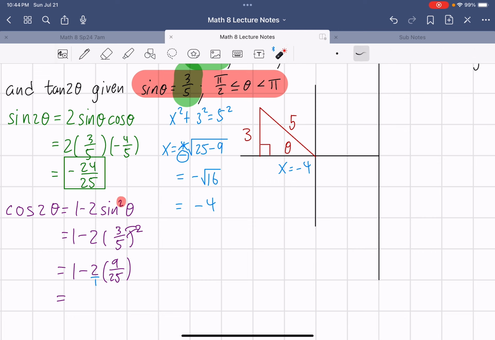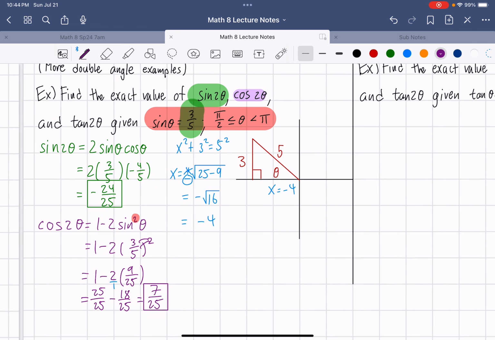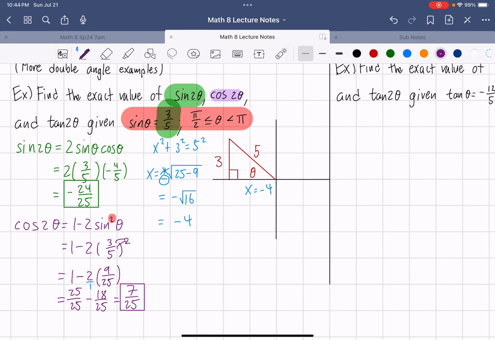But to be able to add this with 1, we're going to need 1 to become 25/25, because the goal is getting the denominators to be the same. And now when I subtract, that leaves me with 7/25 as my answer for the double angle. Now all I'm missing is my tangent 2 theta,